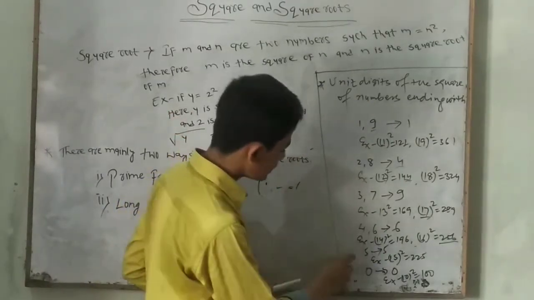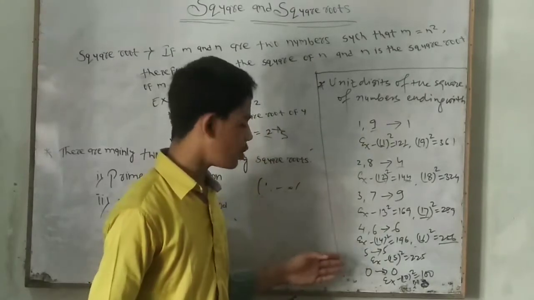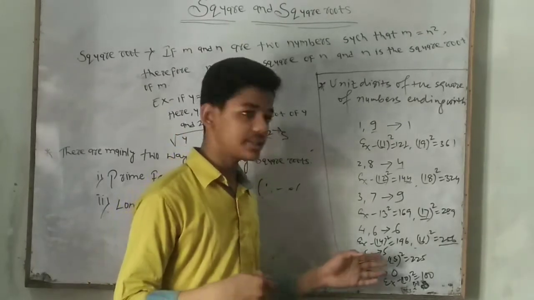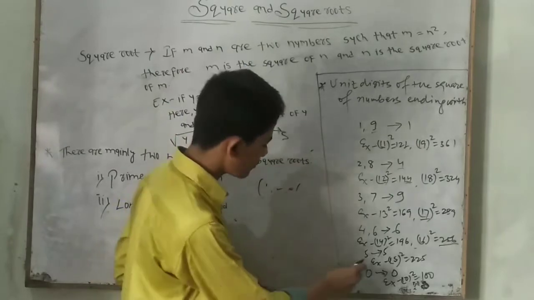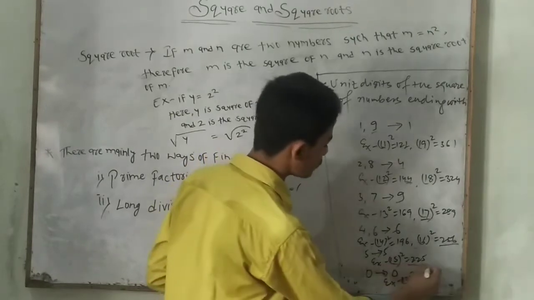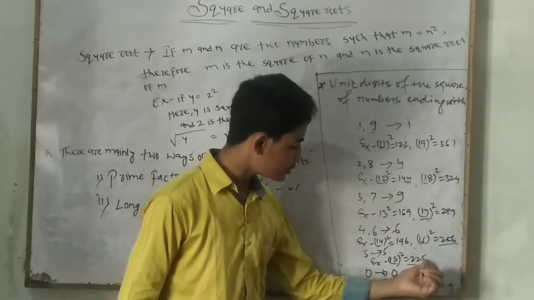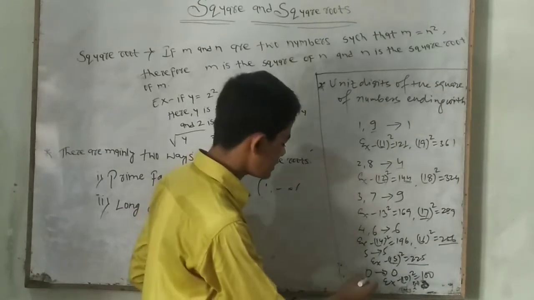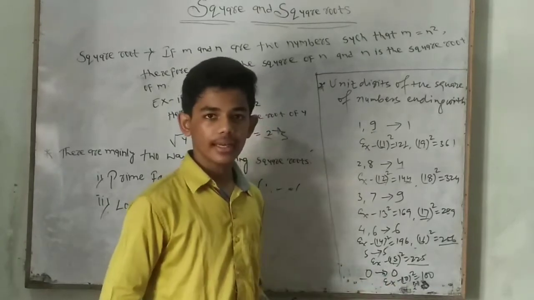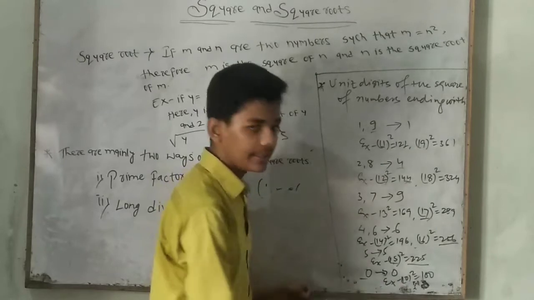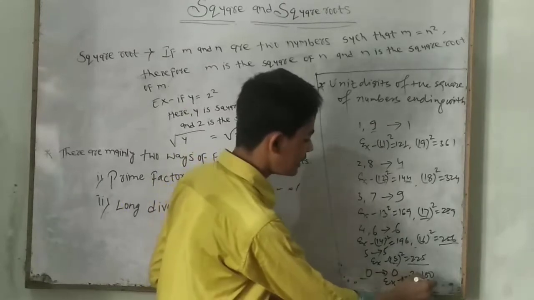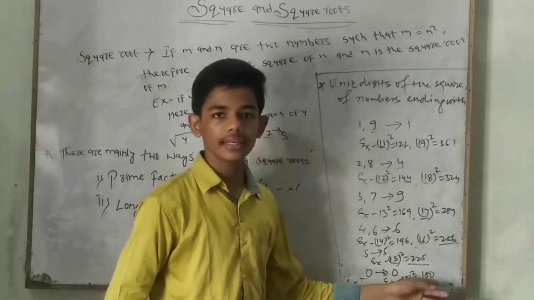So according to this, if there are 4 and 6, then the unit digit of the result will be 6. And if the unit digit of the question is 5, then the result will also be 5. For example, 15 squared: at the unit place there is 5, and when we square it, 225 is the result, and at the unit place 5 is there. And last is 0. When we square 0, there will be 0 at the end also. For example, 10: the unit place is 0, and when we square it, 100 is the result, and at the unit place of 100 there is 0.